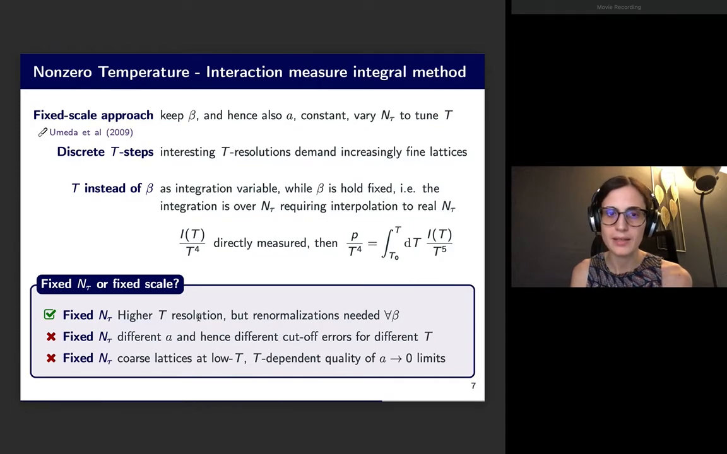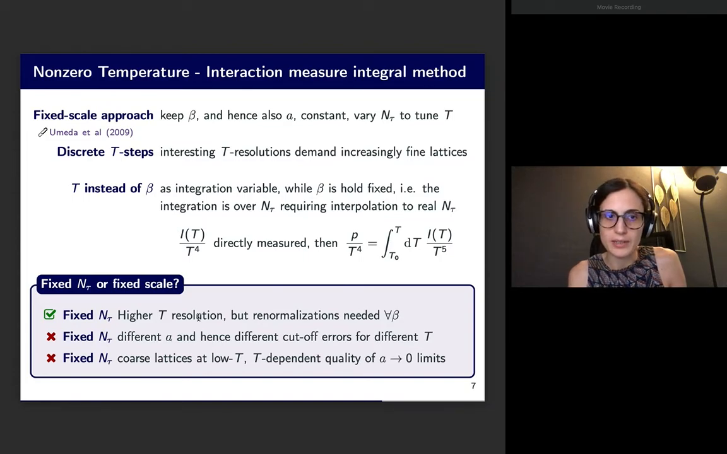but it then requires renormalization for every value of the coupling. That is, for every value of beta, we also have to run a zero temperature simulation, which requires a very large extent of the lattice in the temporal direction in order to know what to subtract in our integrands in order to achieve renormalization. The other disadvantage is that you have a different lattice spacing and therefore different cutoff effects